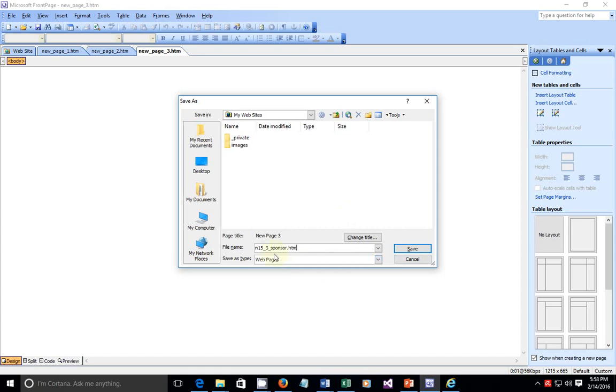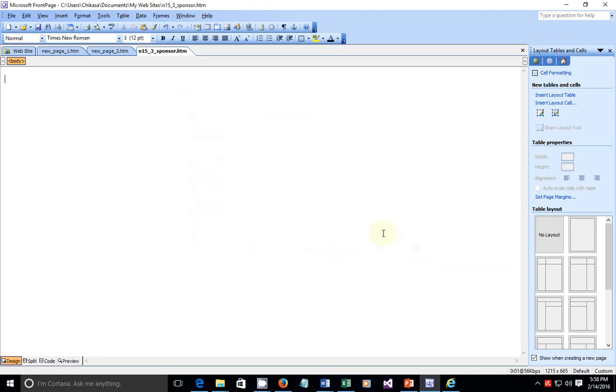So it's N15_3_sponsor.html, and I'll say okay. I don't need these other pages that exist in here, they're just blank pages. So I've created a new blank web page called N15_3_sponsor.html,